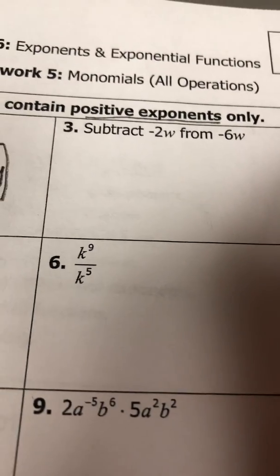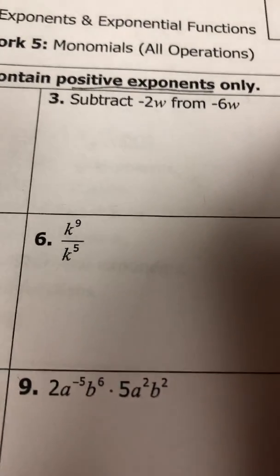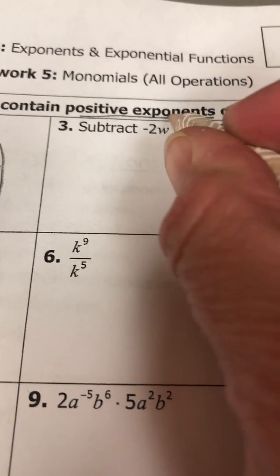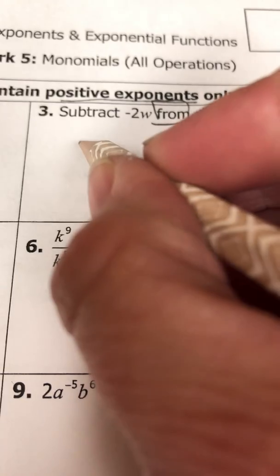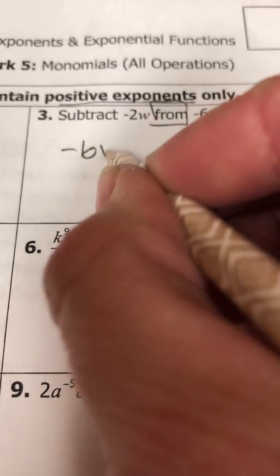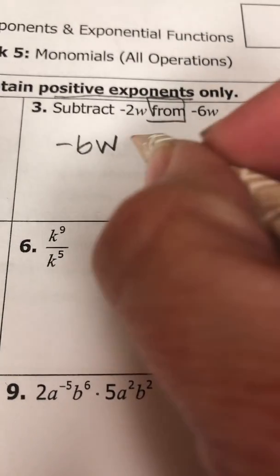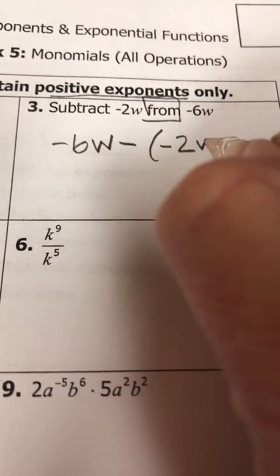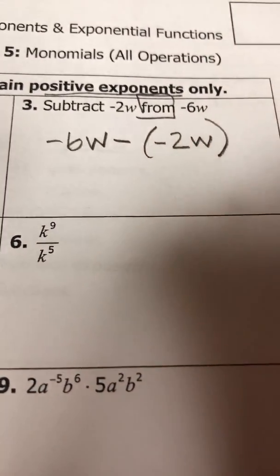Subtract negative 2w from negative 6w. So I'm going to box my first term for a minute because I know I have to start with that term. Negative 6w. I'm subtracting negative 2w. Now don't forget